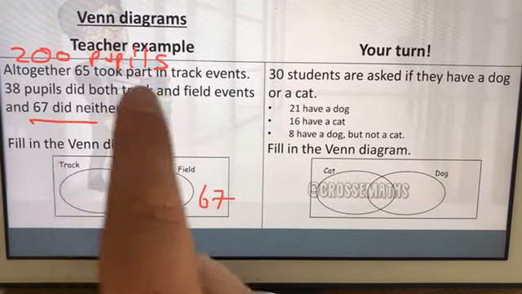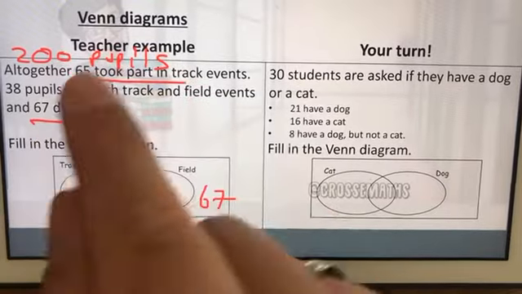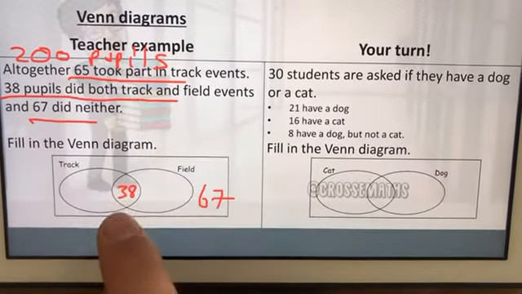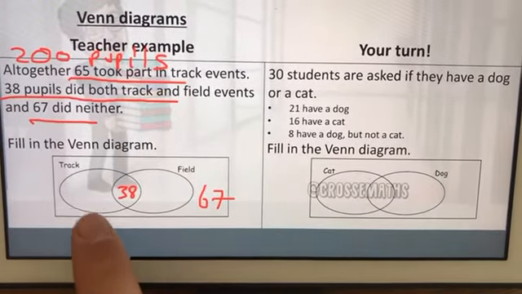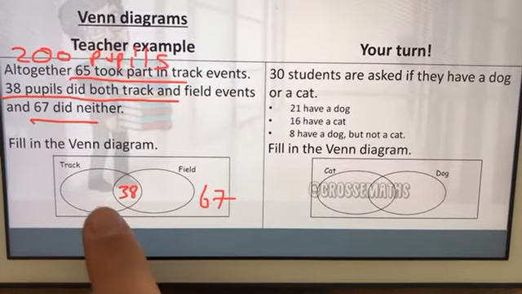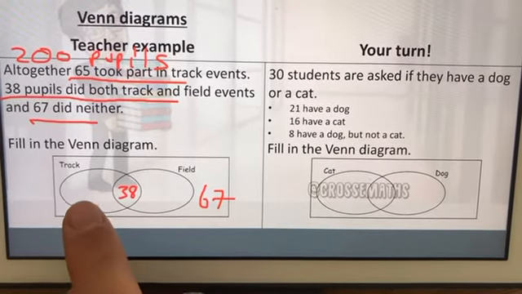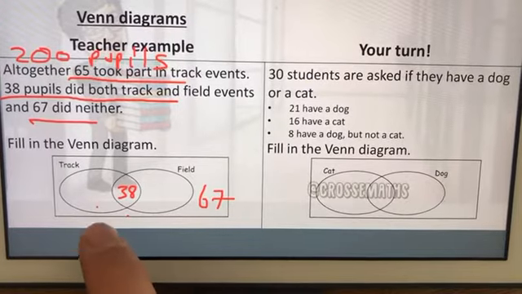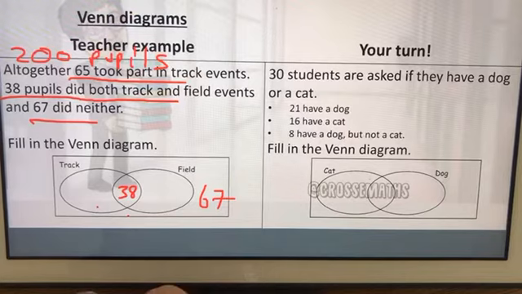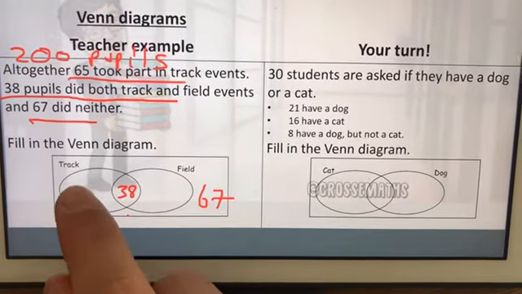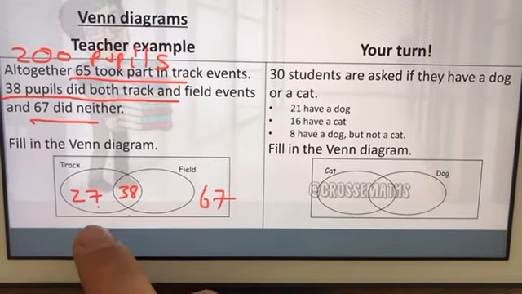And then 65 took part in just track. Okay, so this is the important bit as well. I filled in 38 people did both, so those 38 go in the middle, 67 go on the outside. 65 took part in track, so that means this number by here and this number by there are both in the track circle. So if 65 people did track, 65 take away 38 gives me 27. So there's 27 people who did just track, 38 people did a bit of both,